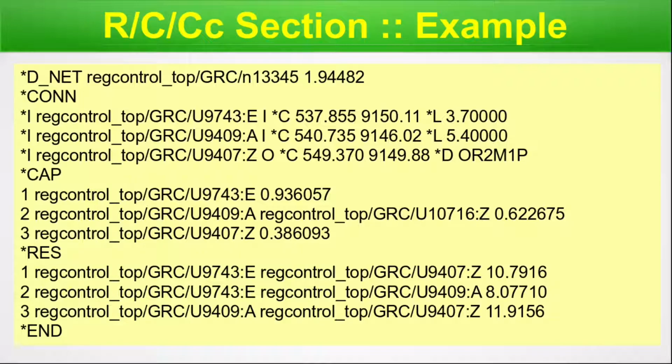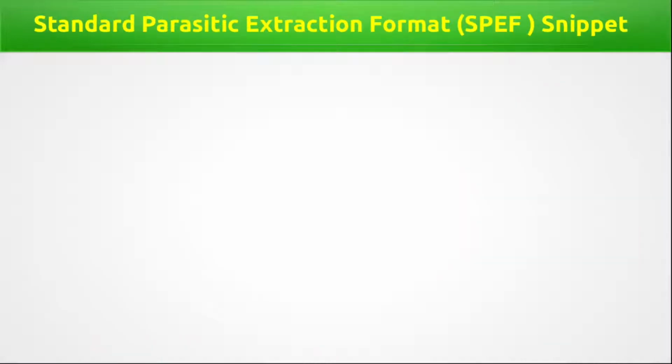For EMIR, we dump additional tail comments of all the R, P or CC, that is resistor, capacitance and coupling capacitors. From this tail comment, we also get the XY coordinates in the actual layout. For resistors, we get the metal or via layer number also. We are done with this particular example and we can move on to the next slide.